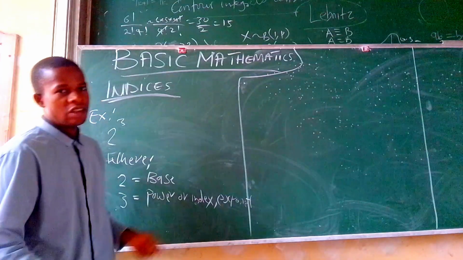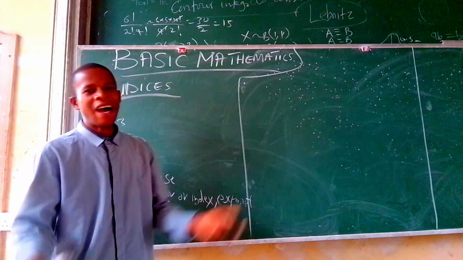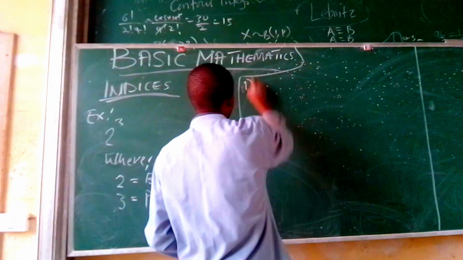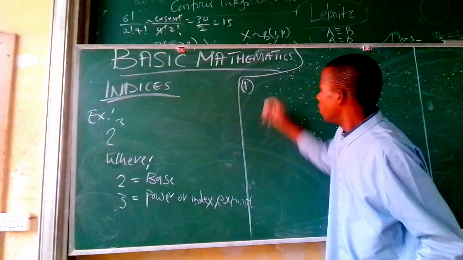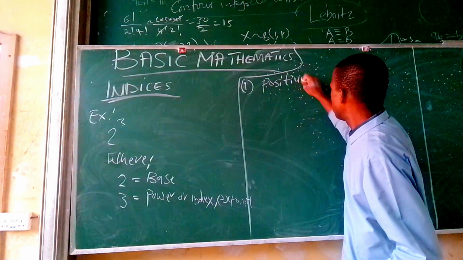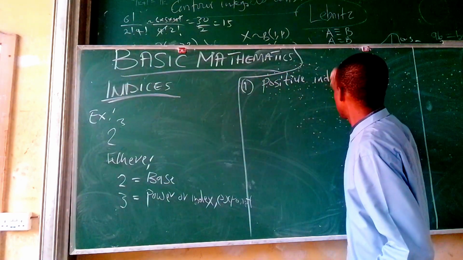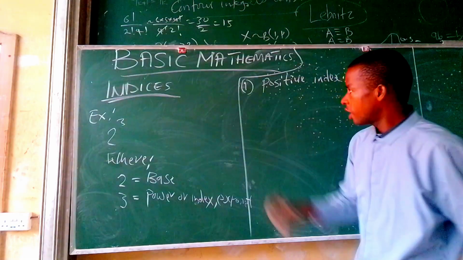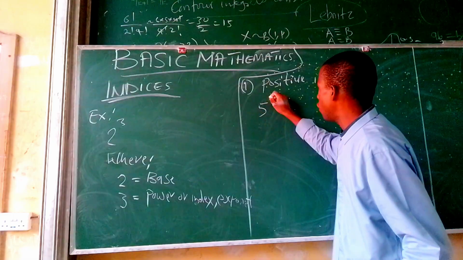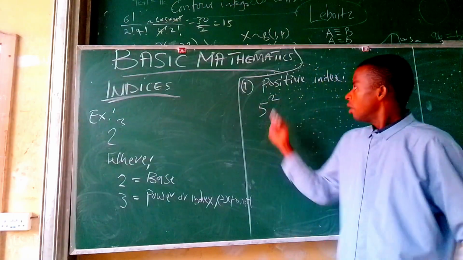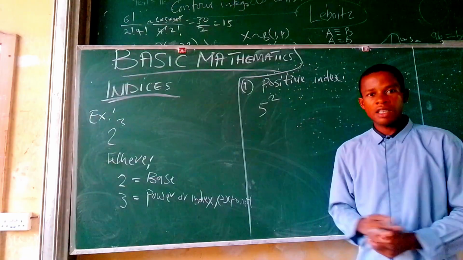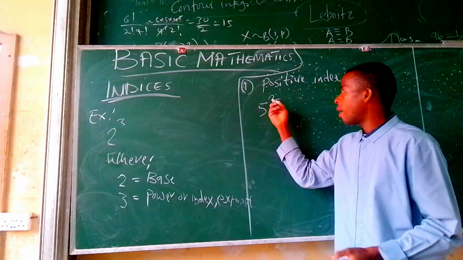Now when we look at indices, we have types of indices. And how can we identify these types of indices? Number one, we have the positive index. Positive index, for example, you have 5 raised to the power of 2. 5 raised to the power of 2 is a type of indices which is called positive index. Why? Because the power is